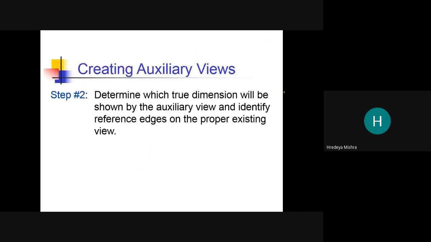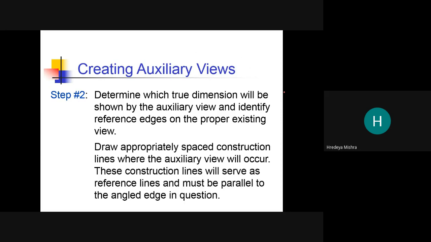So for that, determine which true dimension will be shown by the auxiliary view and identify the reference edge on the proper existing view. Draw approximately spaced construction lines where the auxiliary view will occur.